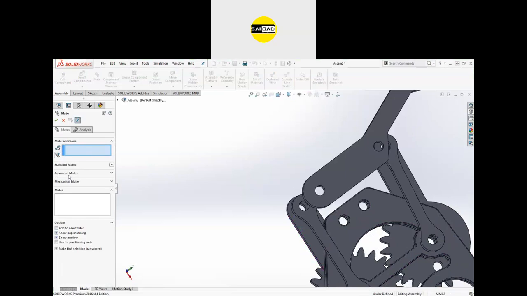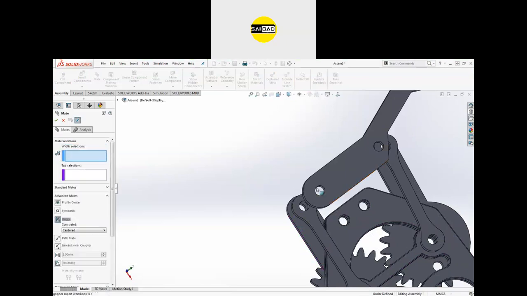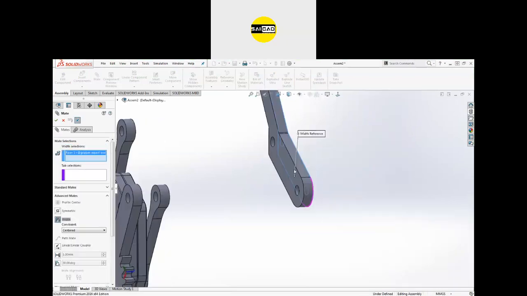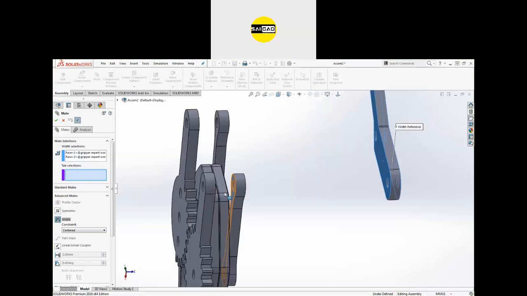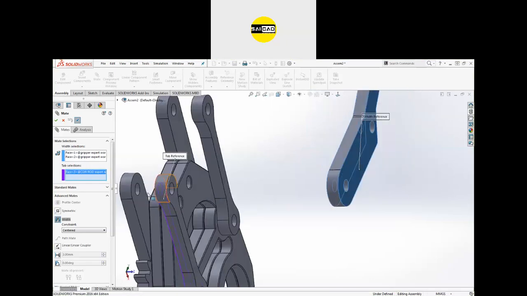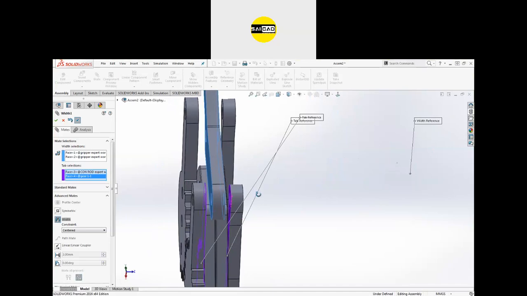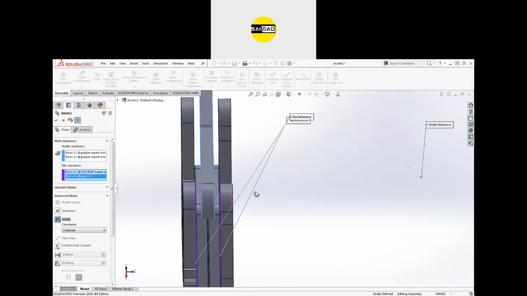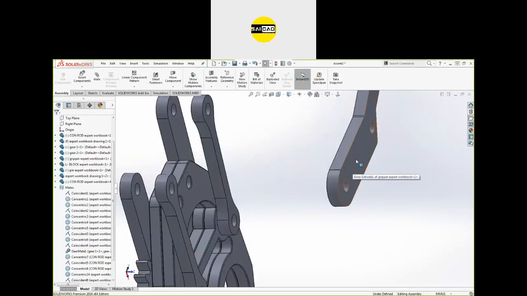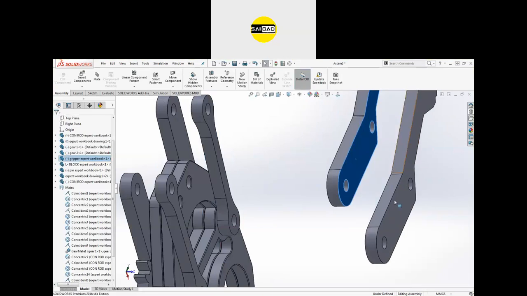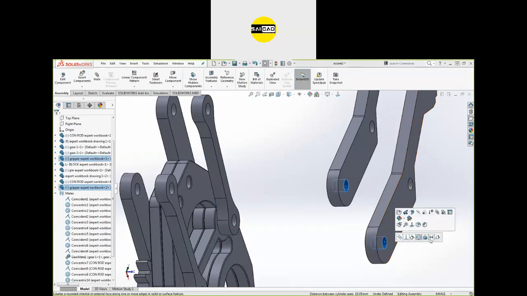So I can just use the advanced and width mate also. I want a mate so that this object should be in between this and this space. You can see the object will move directly in between like that. But we need two objects. So first we have to grab that. We have to define some entities like that.